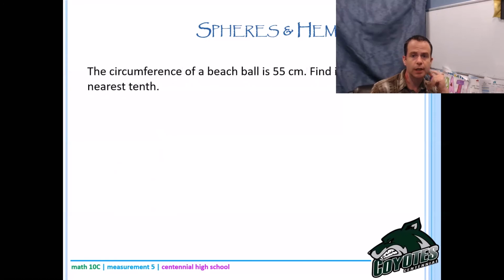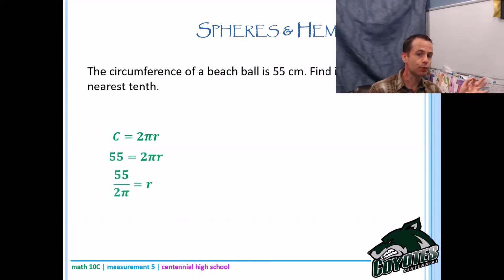Okay, the circumference of a beach ball is 55 centimeters. Find its volume to the nearest tenth. Okay, so I know the circumference. So I do have a formula way back in the back of my head about circumference. I don't know if you had it way back in your head or not, but circumference is 2 pi r, and that's enough to give me the radius. I'll have to divide both sides by 2 pi. Remember to either put 2 pi in brackets if you're a TI kid, or make sure you have a fraction button open, okay, if you're a newer model. Okay, so R is going to be